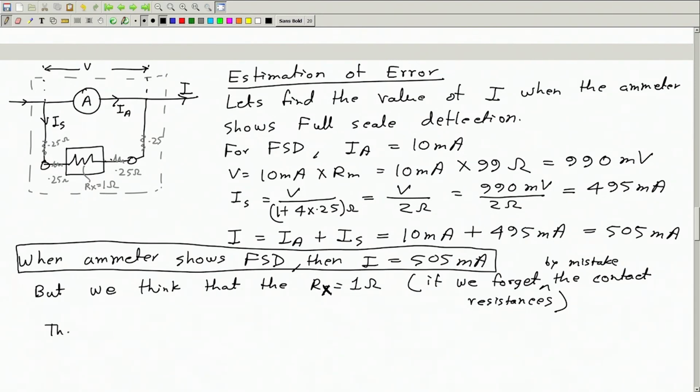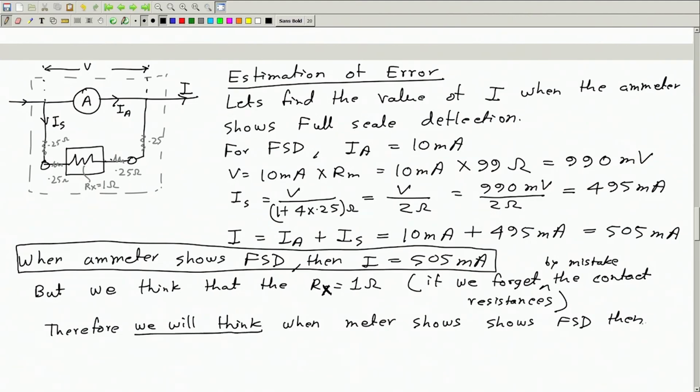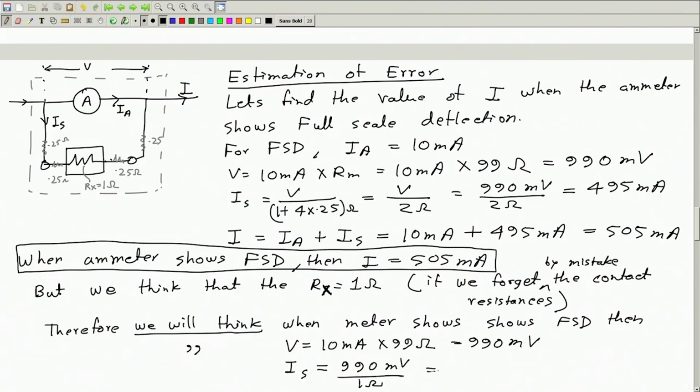and therefore we will think, when the meter shows FSD, meter shows full scale deflection, then, so this is important, we will think this is not true, then V, this voltage, is equal to, once again, 10 milliampere multiplied by 99 ohm, this is 990 millivolt, and therefore we will think that the shunt current is 990 millivolt by 1 ohm. So this is 990 milliampere, and therefore